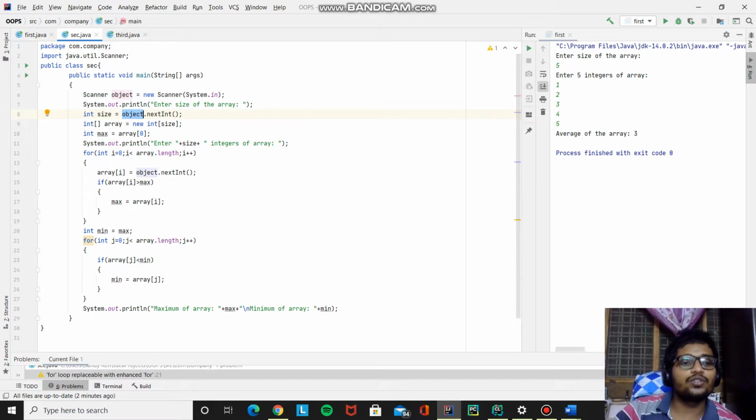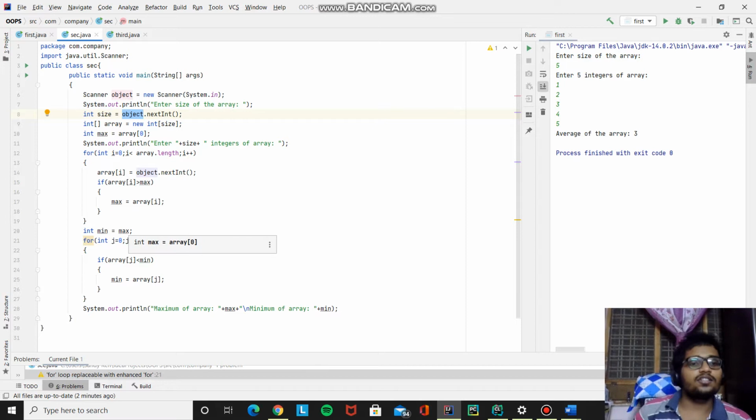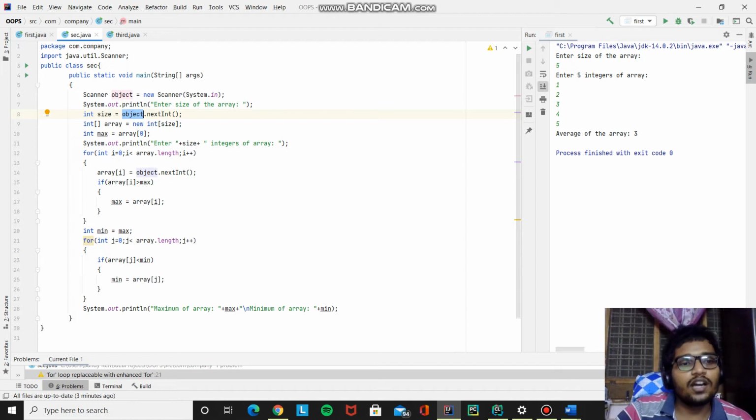And in order to find minimum, we need to assign minimum with some maximum value, greater than any other value in the array. Means the maximum value of the array should be given to minimum, and we have to check which value is minimum, so that we will assign to the minimum variable here. Now for that we again use a for loop that runs size of array times, and we are checking if the array element, in the first iteration the first element, is less than minimum, we'll be assigning that element to min, and whatever the element that is the smallest will be